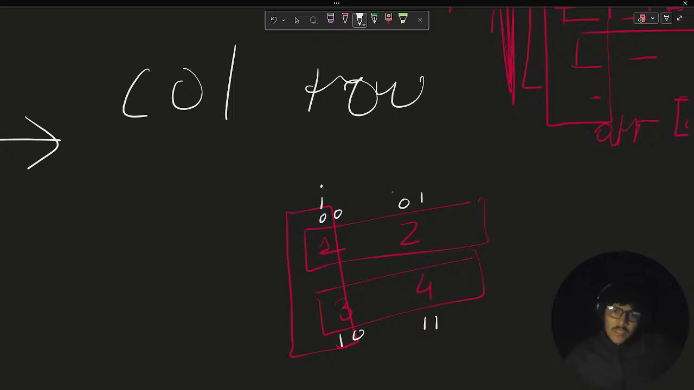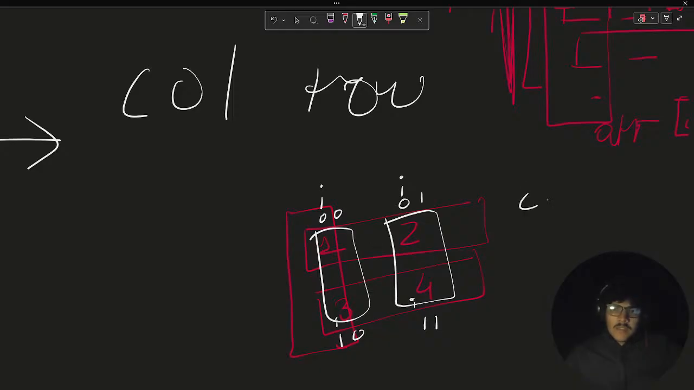So this is I, this is I, this is I, and this is I. What we want is to get this sum. Here the C remains stagnant. We want our C to remain stagnant and we want our I's to change. Okay, so it's not, so it's column